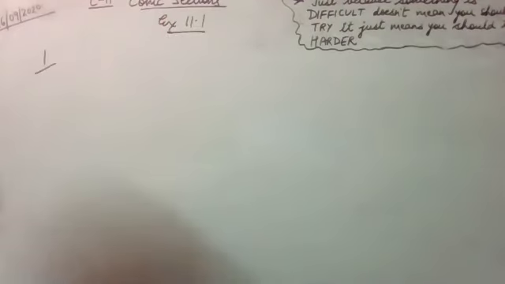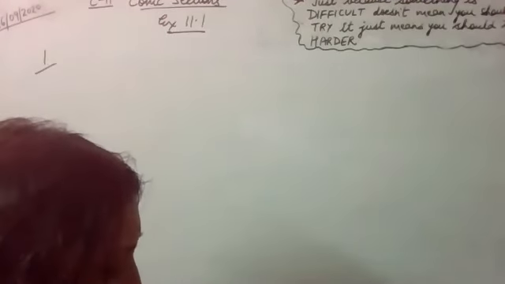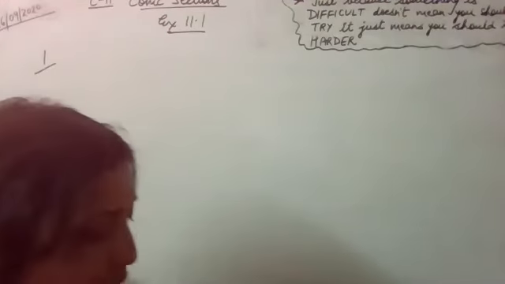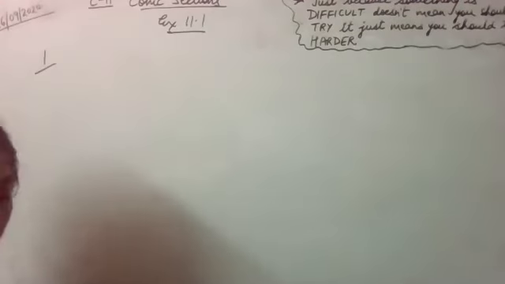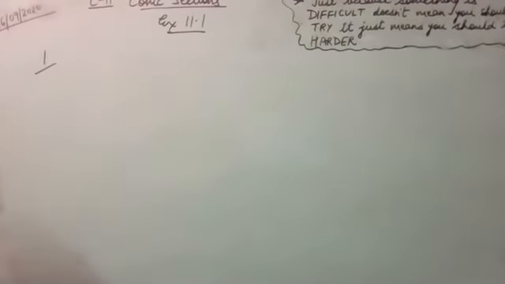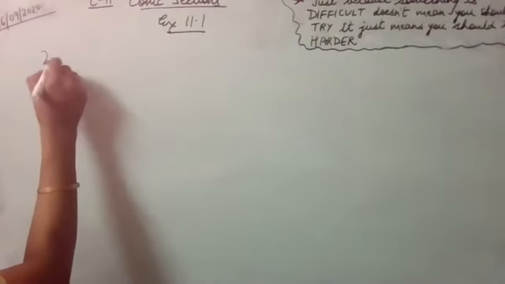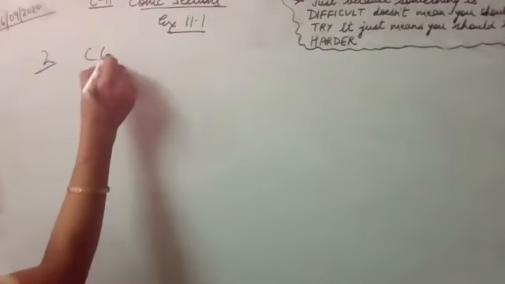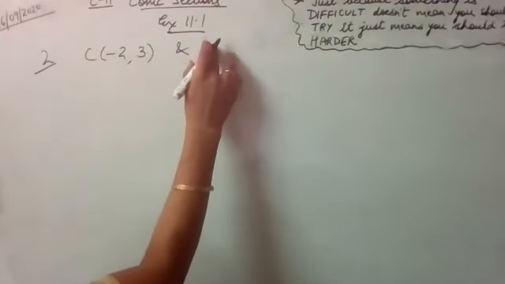What we have to do here is find the equation of the circle when the center and radius are given to us. Let's take the second question. The center is minus 2, 3 and the radius is